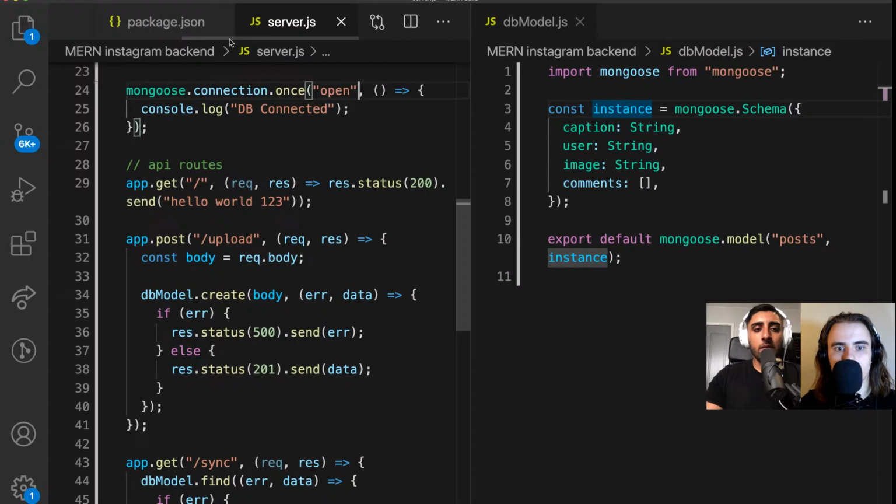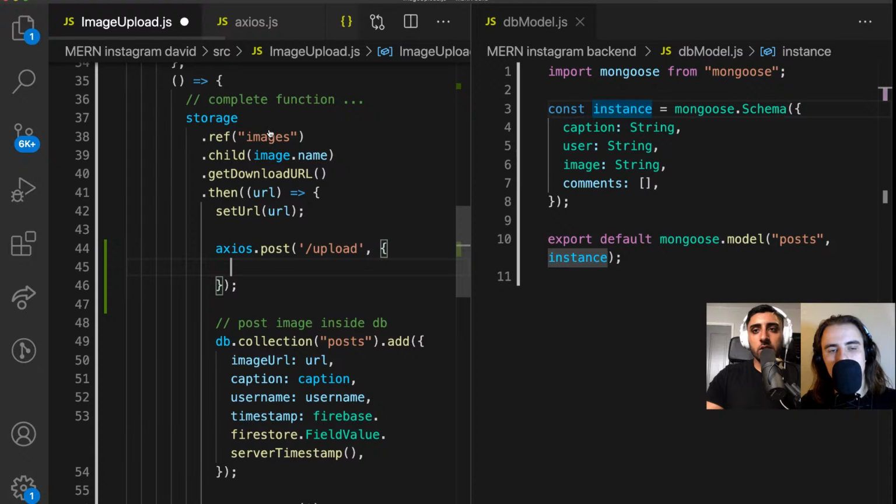And now what you can see is when we have image upload.js. Now what we can see is